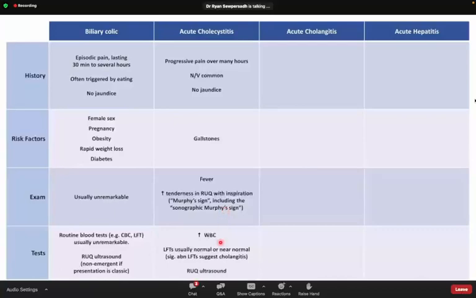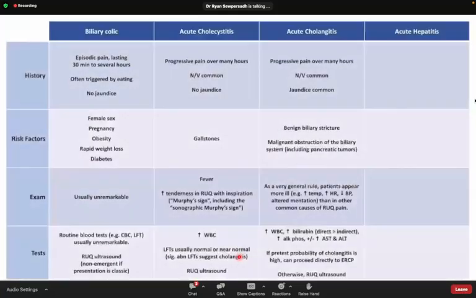Routine lab tests usually reveal an elevated white count. A normal or near normal liver function test. Definitive diagnosis can usually be made with a right upper quadrant ultrasound, and that is that. What about acute cholangitis? The pain here is similar to acute cholecystitis, and nausea and vomiting are also common. However,